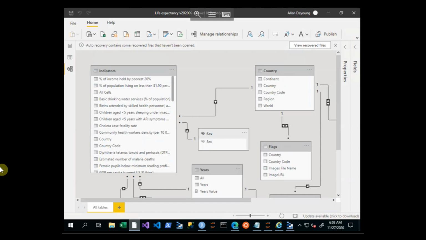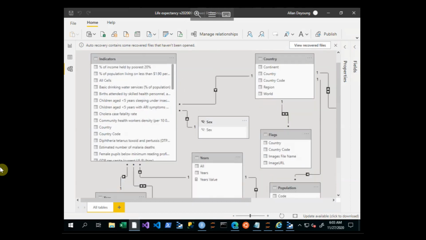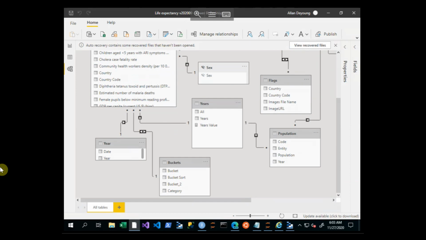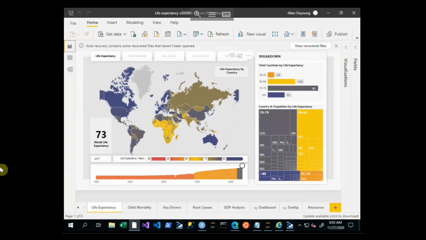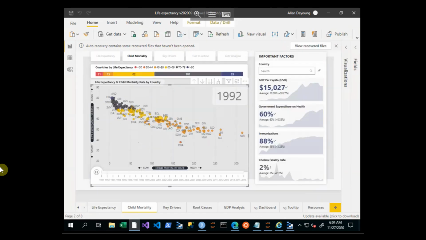I can use the Power BI application to read the data inside the tables, various relationships between different tables, and create a data model on top of the data that I have fed inside this application. Then the topic of research is graphically presented. Such rich graphics can be created. For example here, infant mortality against life expectancy over a period of about 20 years, shown by country. You can see how, as humans, we have made progress in reducing child mortality and improving life expectancy.